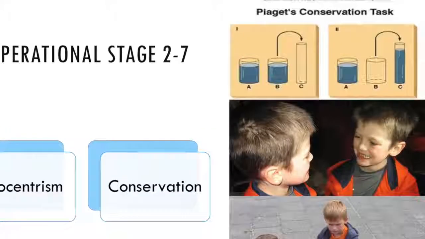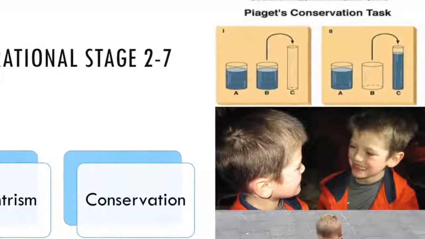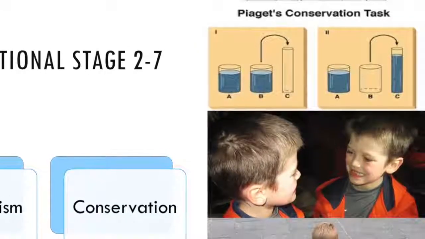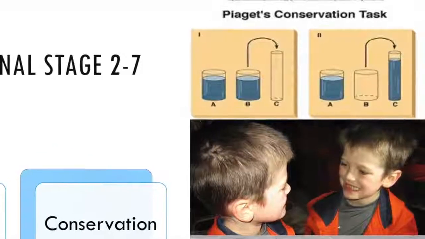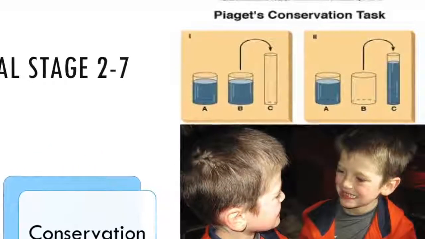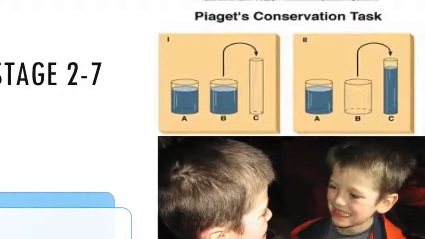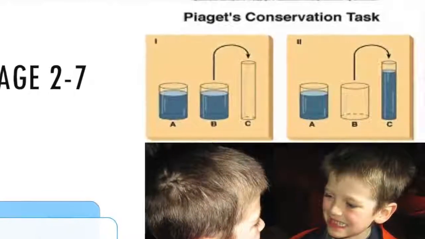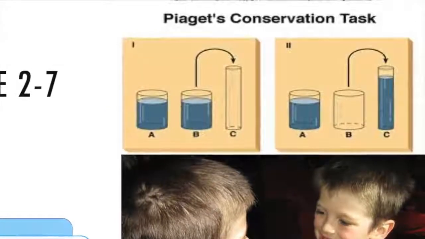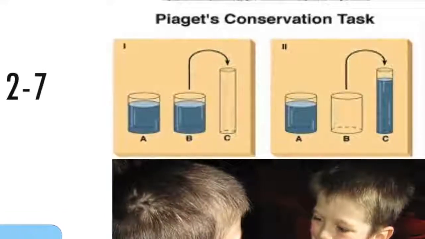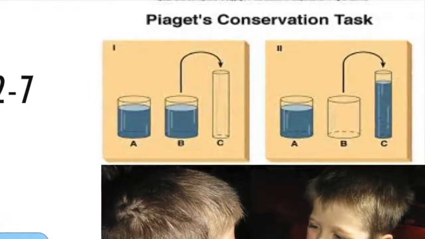What can be taken away from their failure to conserve includes a perceptual bound static thinking that is one-dimensional and lacks the capacity to mentally reverse the transformation. The problem with these is that perhaps the question isn't clear in distinguishing between volume and surface area, or appearance, and that may confuse the participant. McGarrigle and Donaldson in 1974 believe that children may be expecting a trick question from an adult.